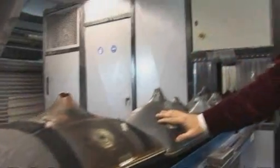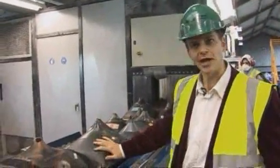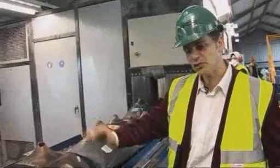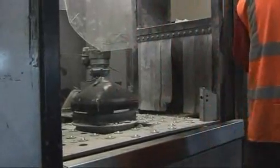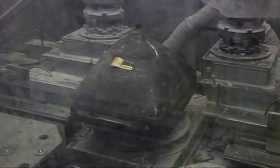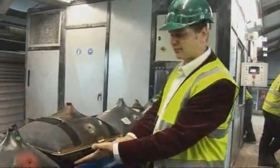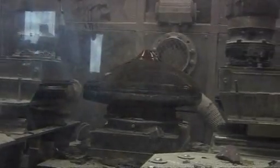Now, once the glass is separate, so there's no plastic, no metal connected to it anymore, what we have to do to be able to recycle it is separate the back glass from the front glass. And what we do is we use a rotary diamond blade that cuts just underneath where the back glass joins the front glass. This has all the lead in, and this has some hazardous coatings. So if we separate one from the other, we can then recycle it, and it goes back into the TV industry. So it's actually making new glass